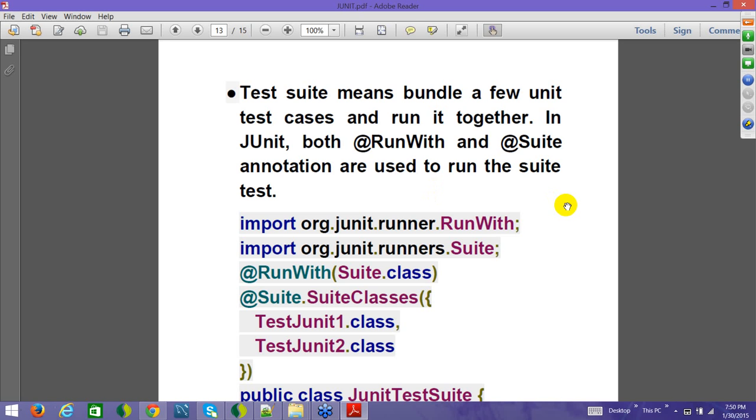So a test suite means that you bundle a few unit test cases and run them together. In JUnit, both the @RunWith and @Suite annotations are used to run the suite test. What we have done here is show the way to do it, if you use the @RunWith annotation, which is there in this particular package